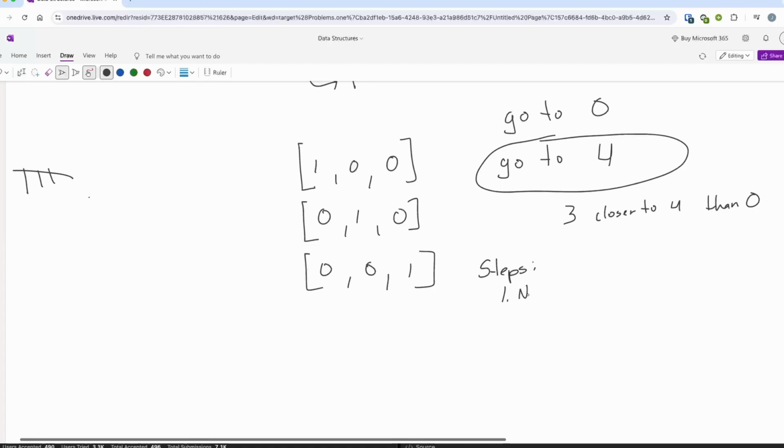So we either need to go up or down to the closest 4. But maybe closest isn't the right way to think about this, right? Because if we have